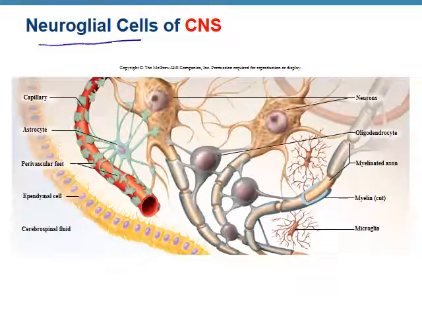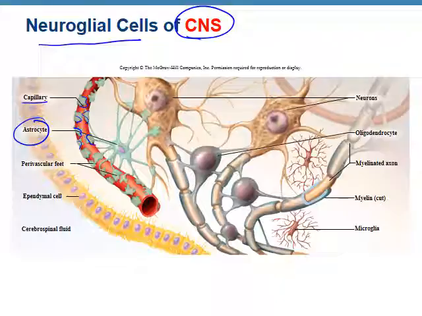Here we have the neuroglial cells of the central nervous system, so we should be thinking brain and spinal cord. Here's the astrocyte. You can see that it has its little perivascular feet wrapped around the capillary. Basically, it decides what's allowed into or out of this tissue. So I usually think of it kind of as the gate guard, right? It's patrolling the blood vessels and it decides what can get in and out.